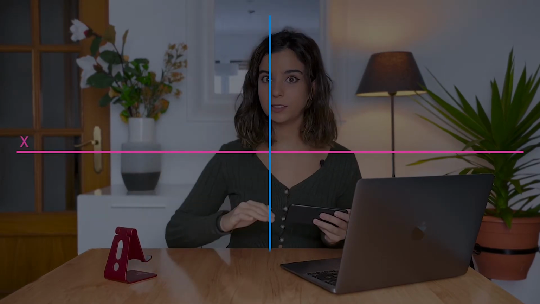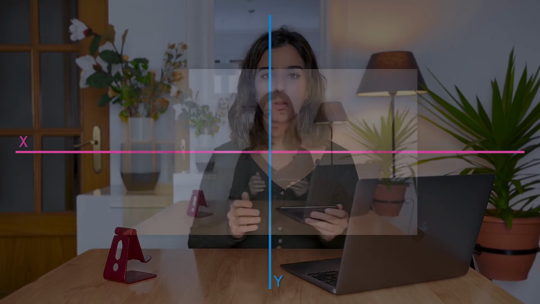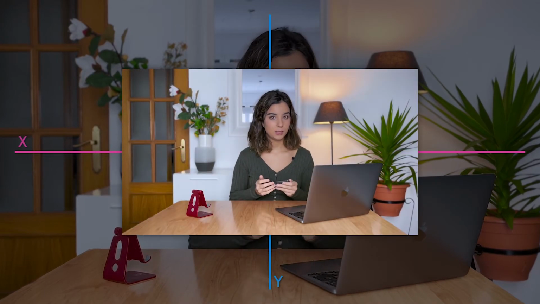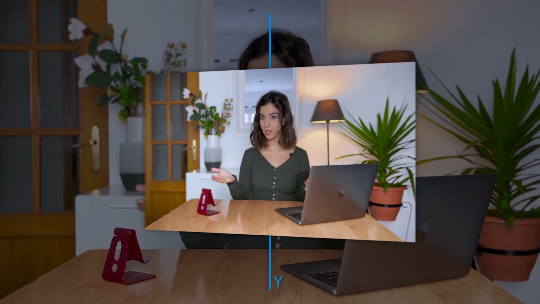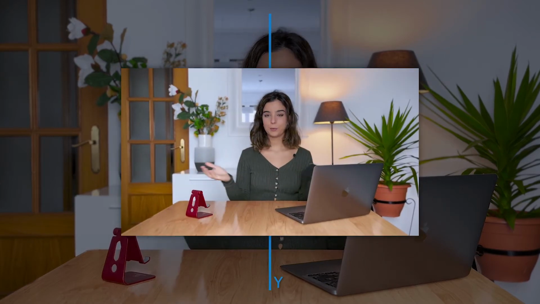You may be wondering what I'm referring to by y-axis. I'm pretty sure many of you have heard about the x and y-axes in math. Well, guess what? It's used in editing as well. The x-axis is a horizontal imaginary line, while the y-axis is a vertical imaginary line. So, when a picture or video rotates in the y-axis, this is what I'm referring to. And when it rotates in the x-axis, this is it. Having said this, we can continue with our transition.